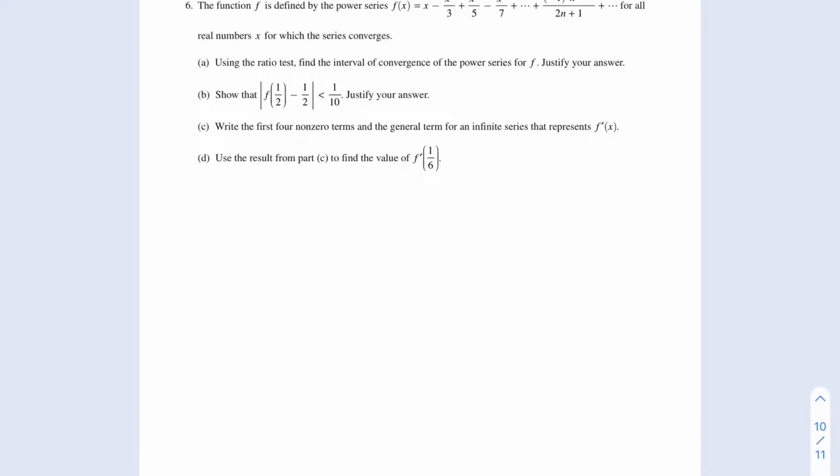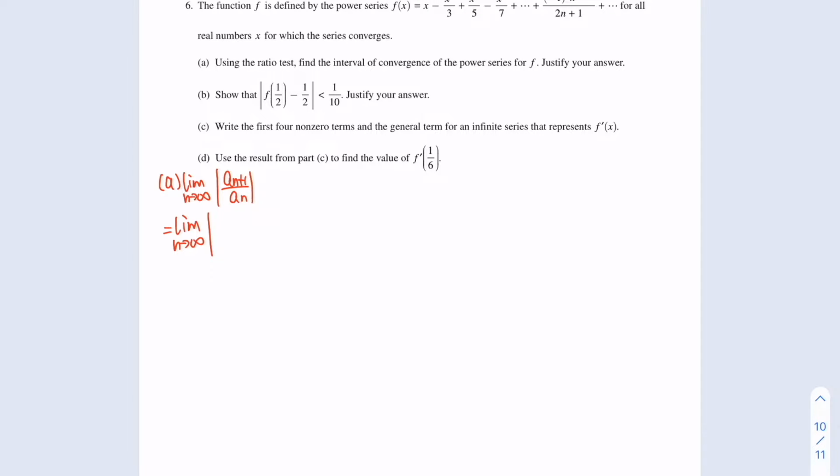Number 6 is a series problem. Let's look at part A. Use the ratio test to find the interval of convergence. Ratio test, and go to infinity. The limit of the absolute value of a sub n plus 1 divided by a sub n equals